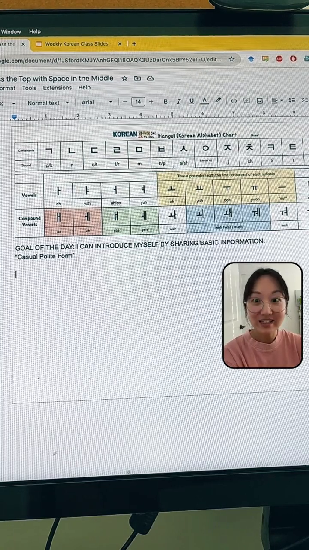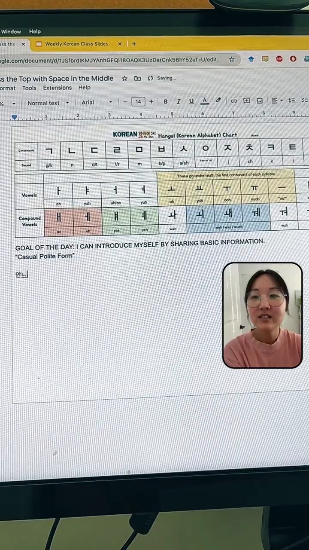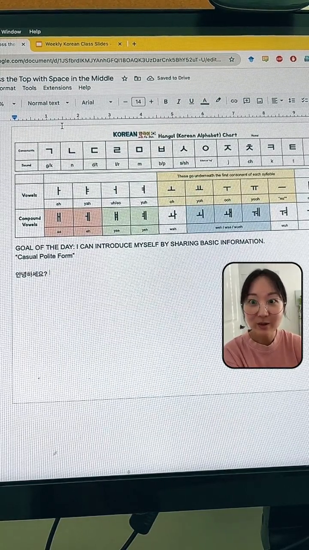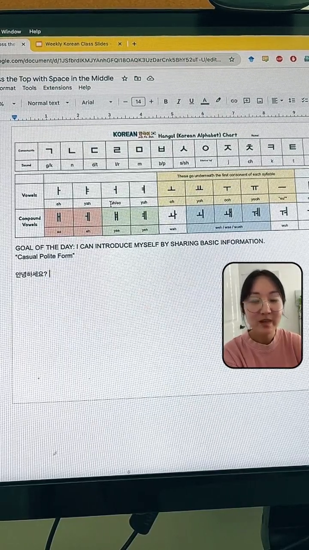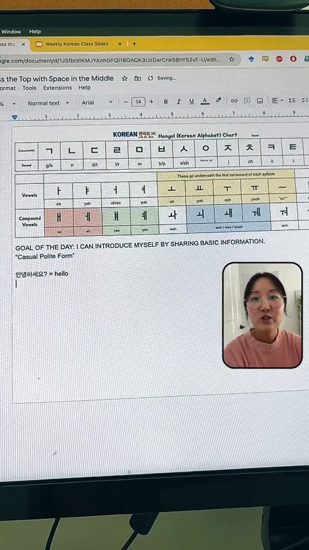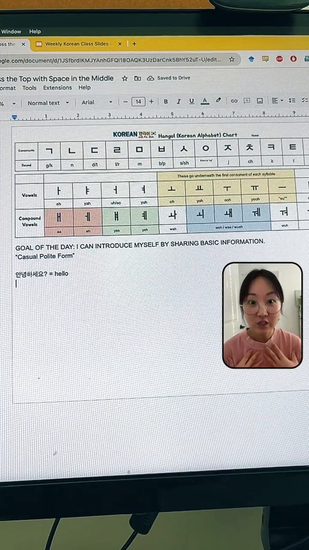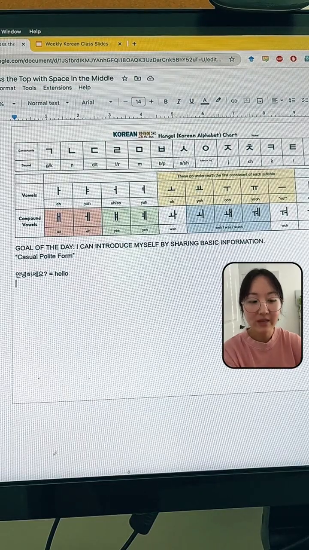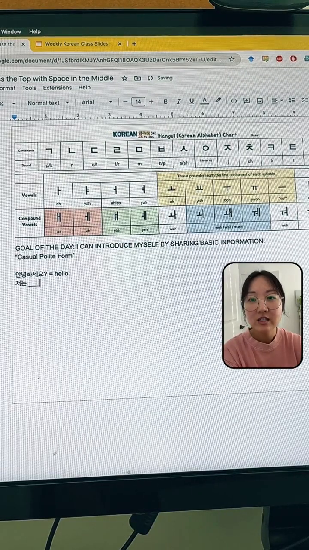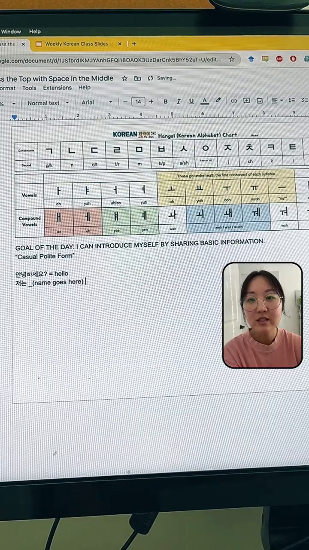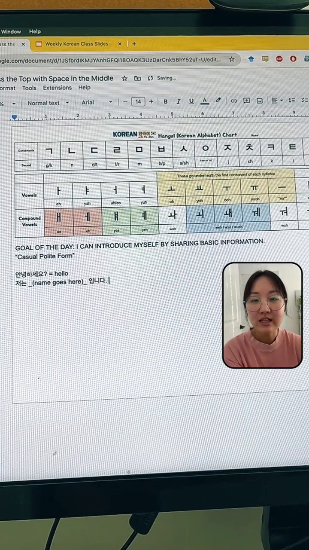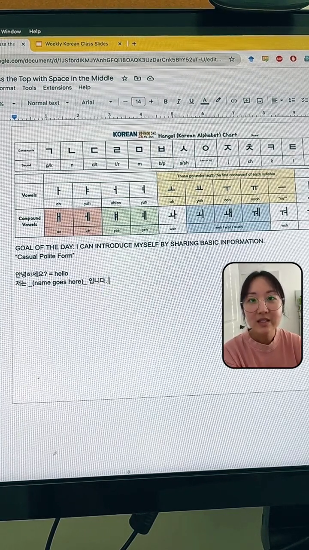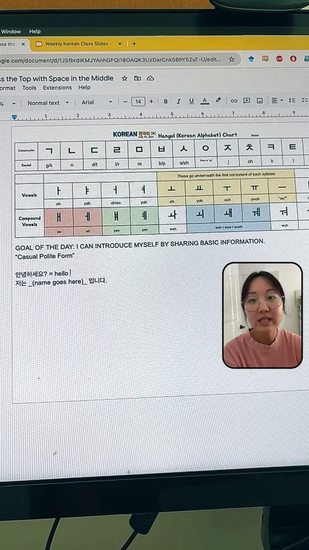And many of you probably know, but how do you say hello in a casual, polite way in Korean? You say 안녕하세요. So 안녕하세요 obviously means hello in a casual, polite form. And then you would introduce your name. You can say 저는, your name, and end by saying 입니다. So I'm going to type that out. 저는, your name goes here, and then 입니다 at the end. 저는 means I, name, and the 입니다 is the verb, because in Korean, a verb goes at the end.